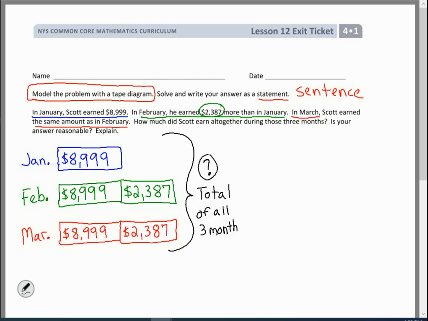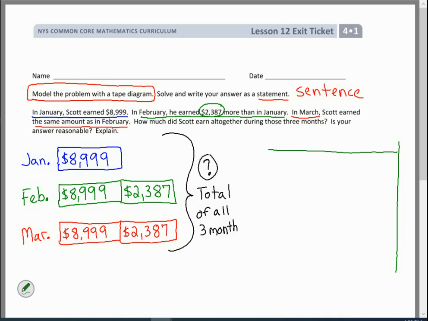You can stop the video if you know what to do next. If not, I'm going to go ahead and keep going and solve the problem. You're more than welcome to join me in solving this problem. If you got this and you just needed to know how to do a tape diagram, that's great. You can do your thing. I'm going to solve